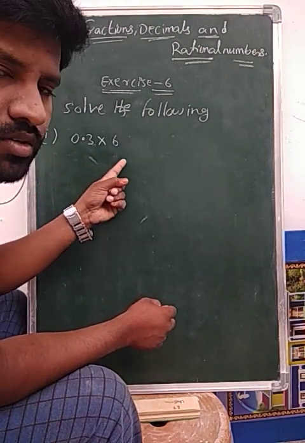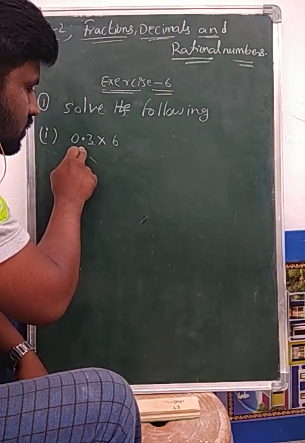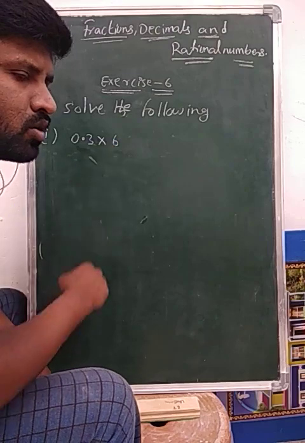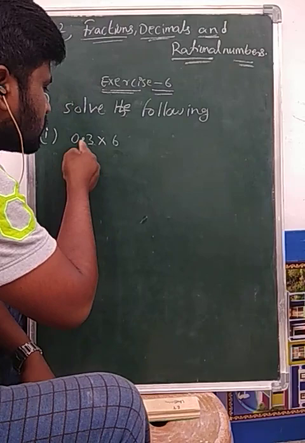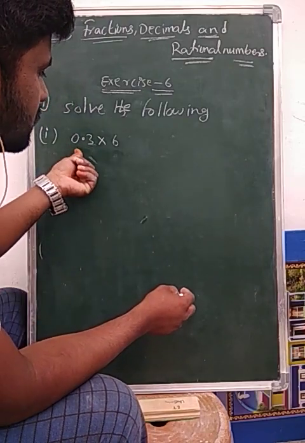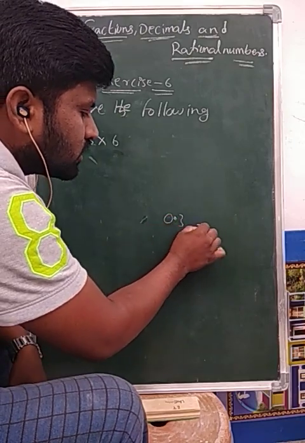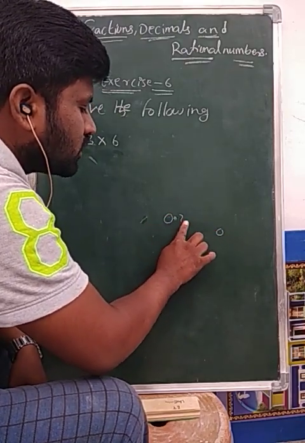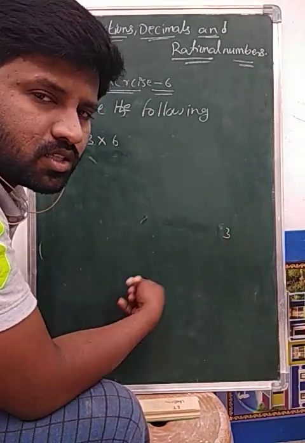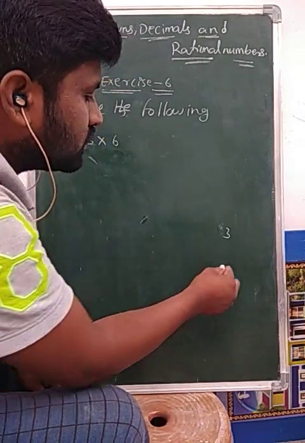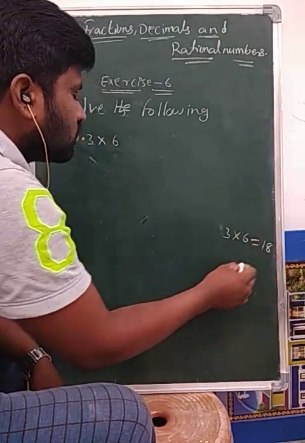0.3 into 6. We know 0.3 is a decimal number, and 6 is a whole number. Just a casual multiplication here. Without the point, you write the digits, that is 03, which is simply 3. So 3 into 6, that is 3 sixes are 18. So we get here